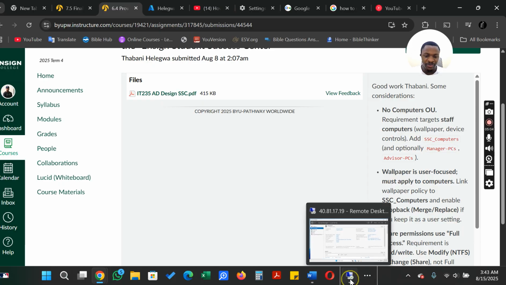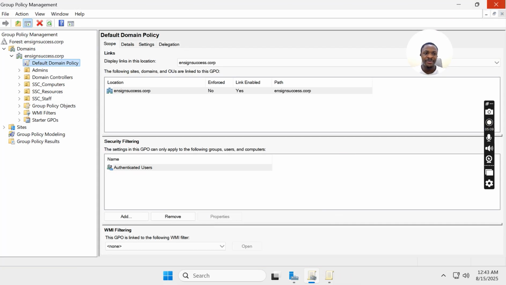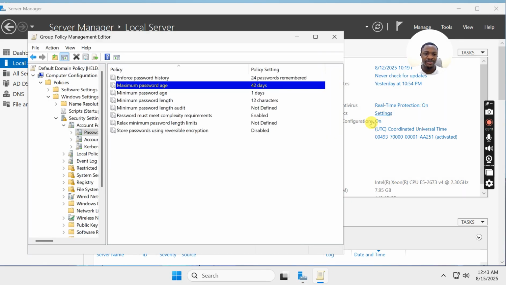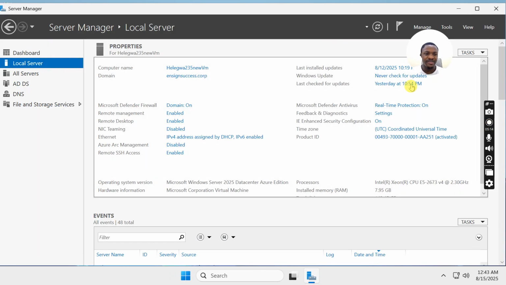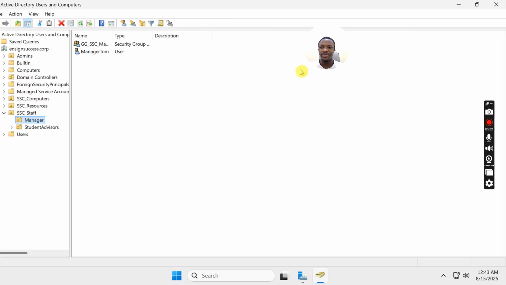to my server. I'm just going to close some of these tabs that I was working in. So I'll go over to Tools, and then to Active Directory Users and Computers, and you'll begin to see that I have this side populated with organizational units and sub-organizational units. First things first, we have our SSC staff,